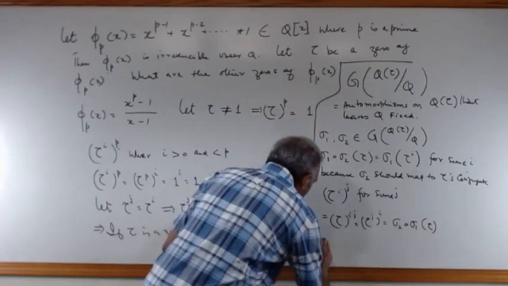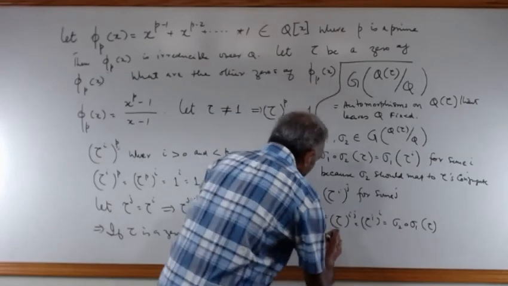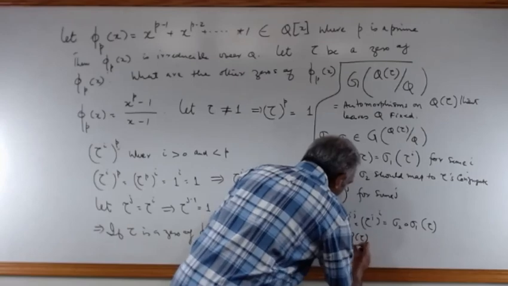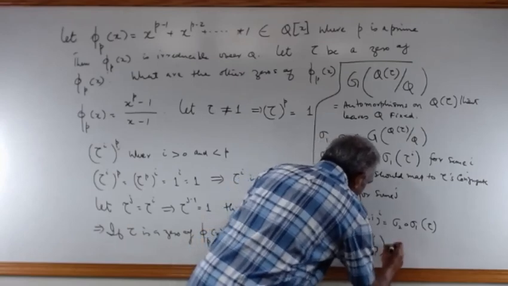That means this is abelian. G(Q(ψ)/Q) is